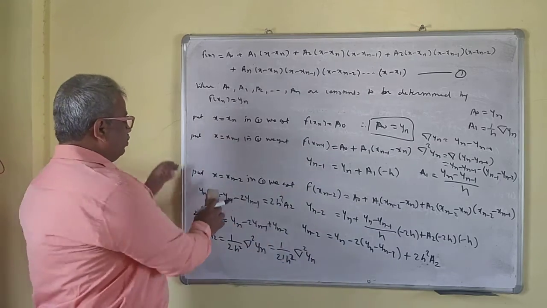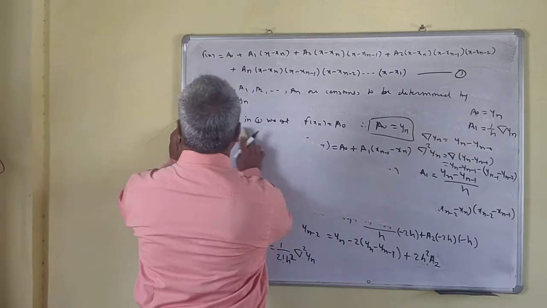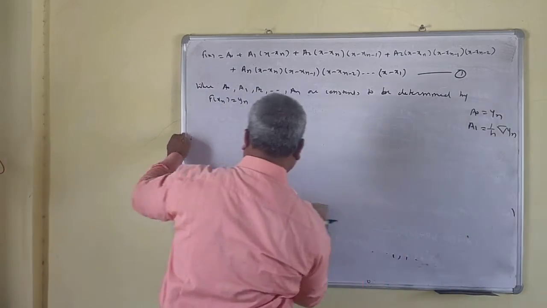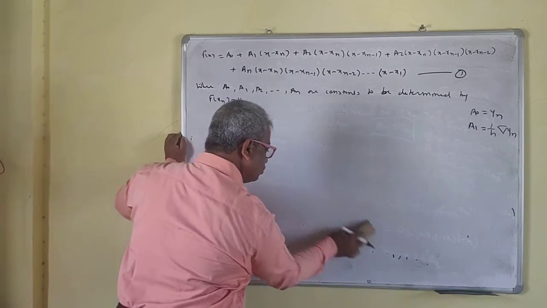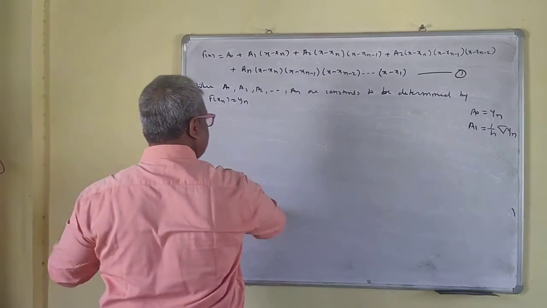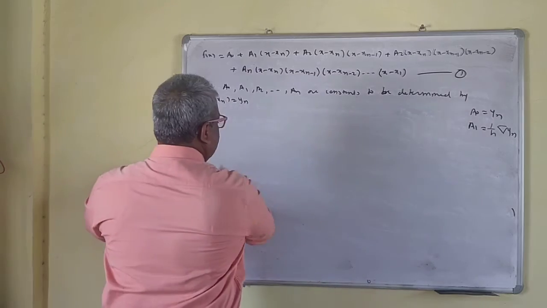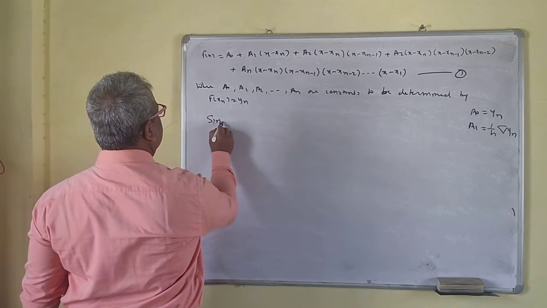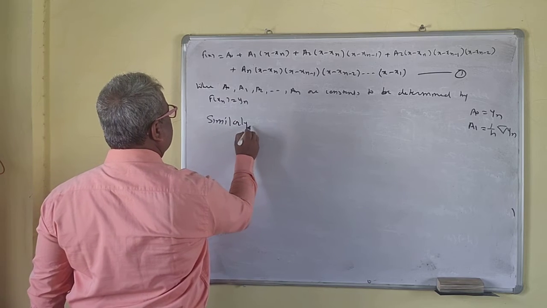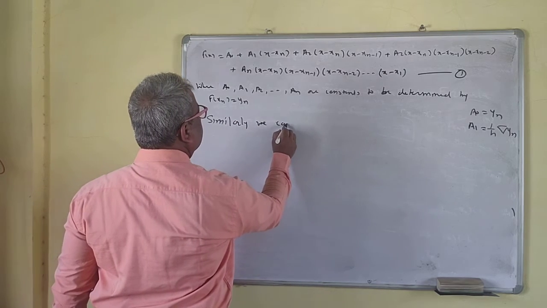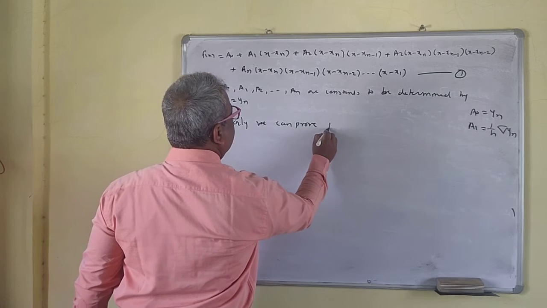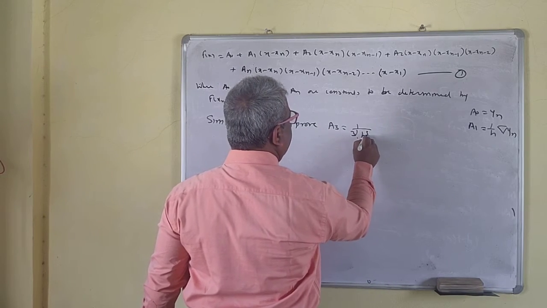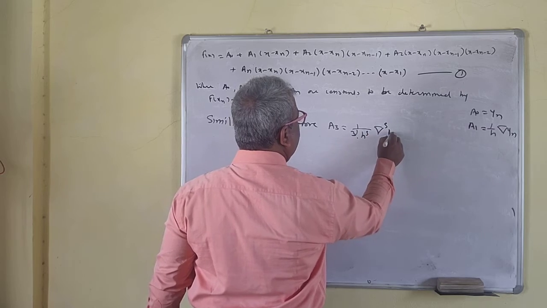So similarly, okay, I will erase all those things now. Similarly, we can prove a3 is equal to 1 upon 3 factorial h cube, third backward difference at yn,